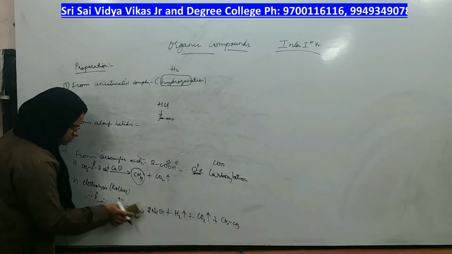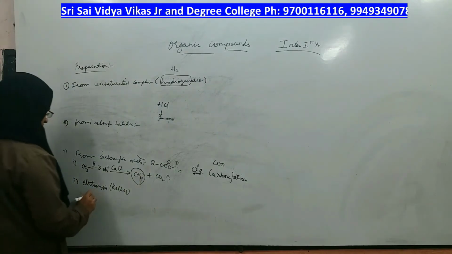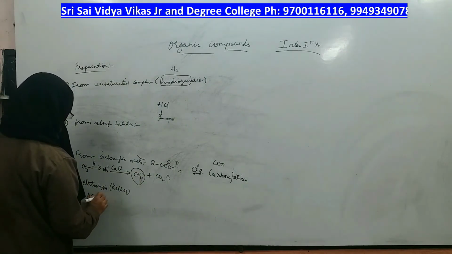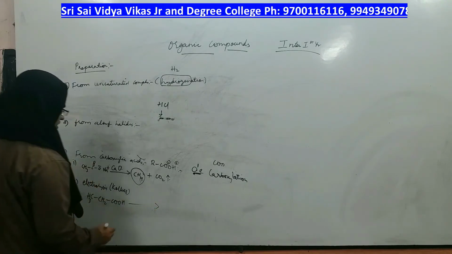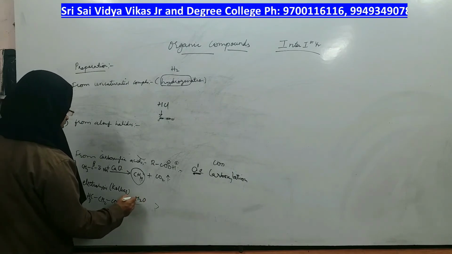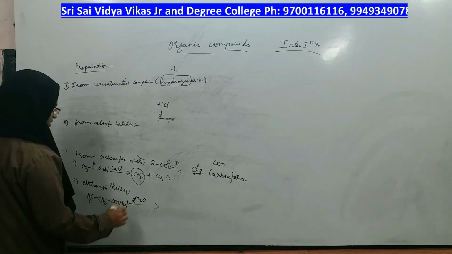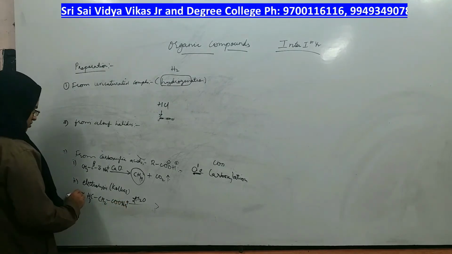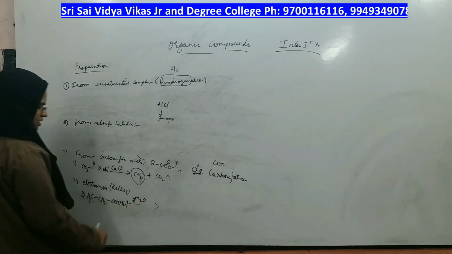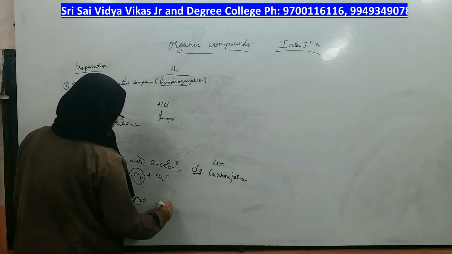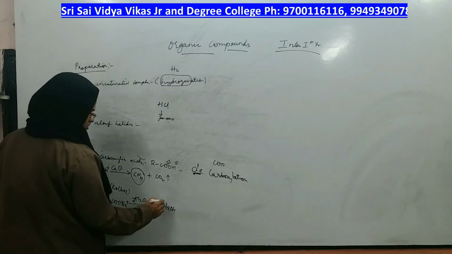Instead of CH3COOH, if I take some other carboxylic acid, say for instance propanoic acid, 2 moles of water. Never take the acid, you have to always take its salt. Sodium salt of propanoic acid, 2 times I should take. What happens? OH from water, Na plus from acid combines to give NaOH. How many Na plus? 2. How many OH minus? 2.